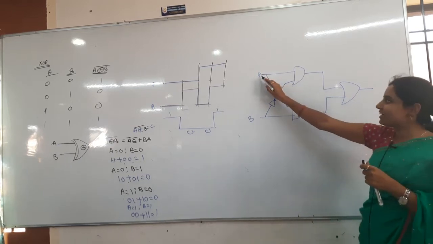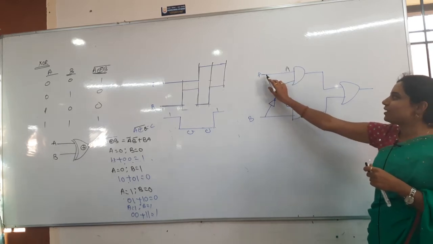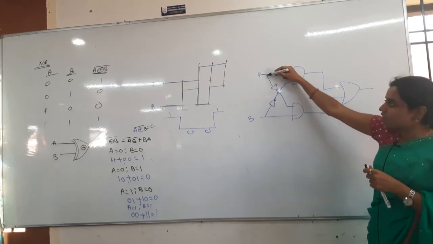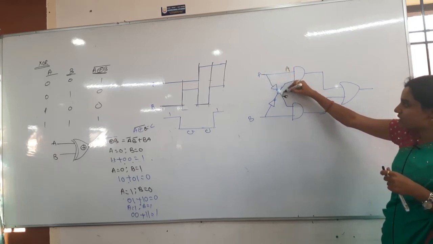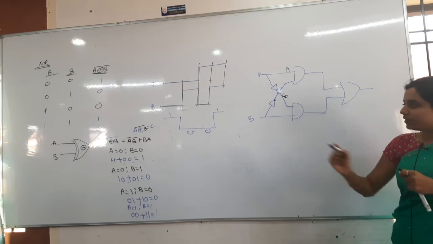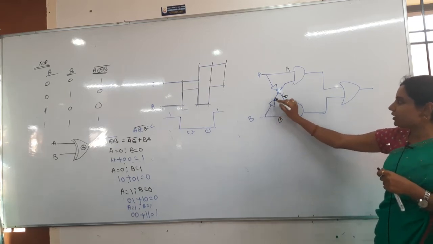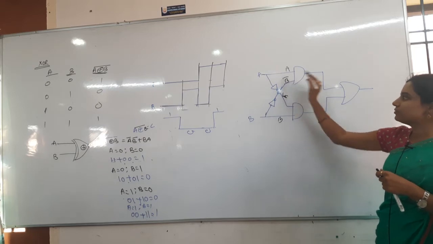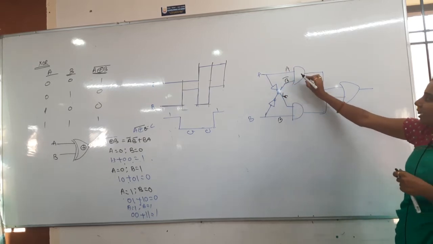Okay. So here A. Then A is coming like this. Then from here how much is coming? A only. It is coming A only till here. After this how much is it becoming? A bar. Clear? Here B is going like this. B, okay. Then here B bar. Finished. The problem is finished now. A and then B bar is there. Which gate here? AND gate.